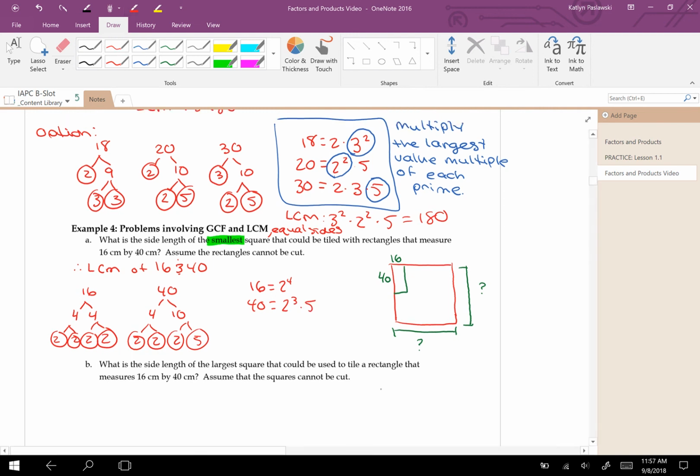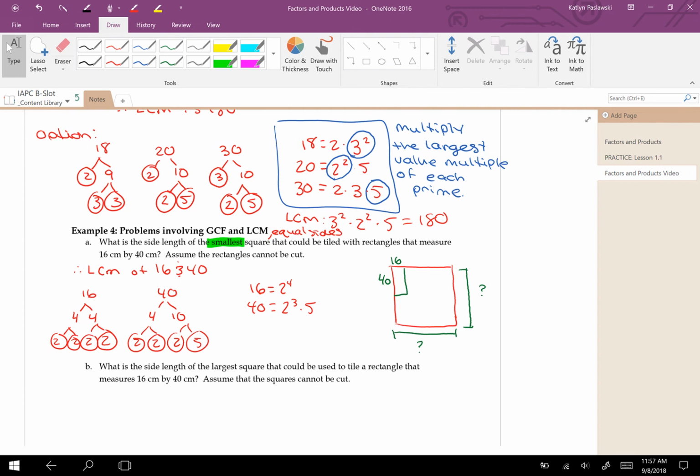Now my next step is to multiply the largest value multiple of each prime. So between 16 and 40, 2 to the power of 4 is greater than 2 to the power of 3. And 5 is on its own, that's the highest value. So the least common multiple is equal to 2 to the power of 4 multiplied by 5, which is equal to 80. And because this was given to us in a word problem, I'm going to answer with